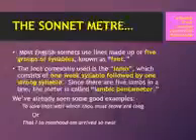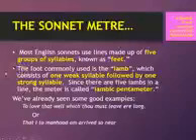Now, most English sonnets use lines made up of 5 groups of syllables known as feet. The commonly used foot is the iamb, which consists of 1 weak syllable followed by 1 strong syllable. Since there are 5 iambs in a line, the meter is called iambic pentameter. We have already seen some good examples.